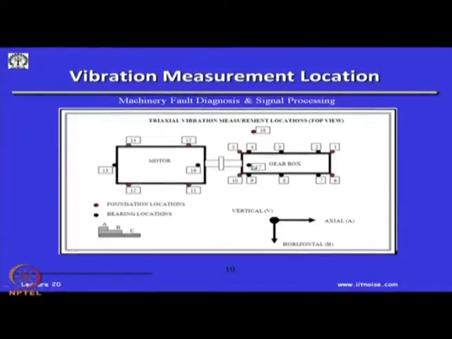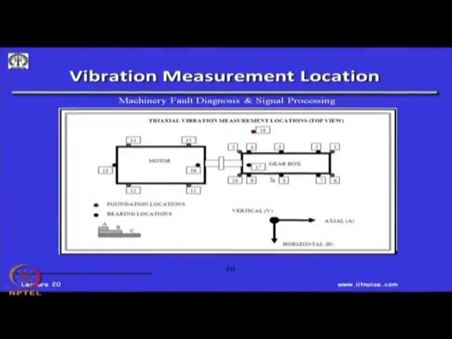There is another bearing here, and on top of it, the foundations of the motor and the gearbox, 4 foundations, are measured. Just for comparison, another point outside the system is measured, to see how high or how low the levels outside are. Foundations could be of different types, whether on concrete, a steel frame, or another structure. And the directions are axial, horizontal, and vertical, which comes out of the plane of this projection.